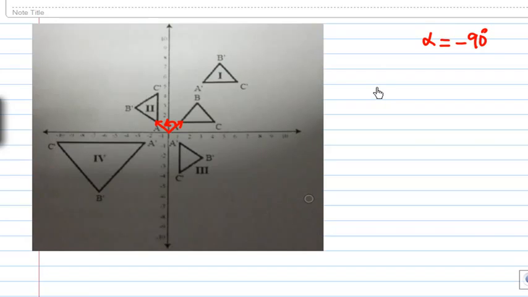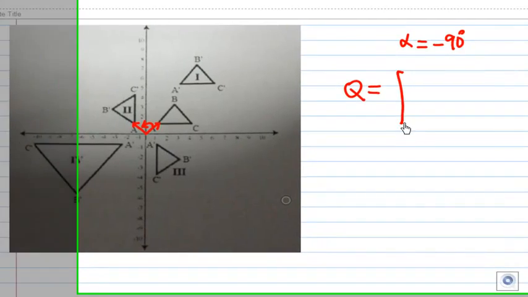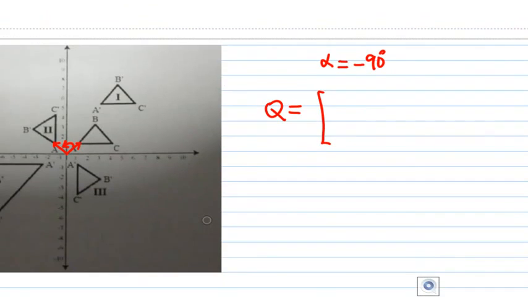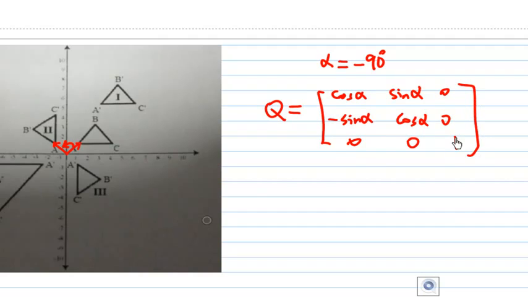Hence, the matrix for Q according to the notes is cosine alpha, sine alpha, minus sine alpha, cosine alpha, then 0, 0, 1 in the last row and last column. Put alpha equal to minus 90 degrees, then you get Q equal to